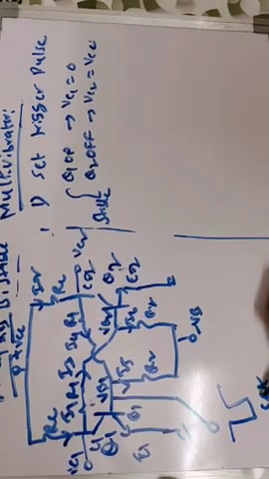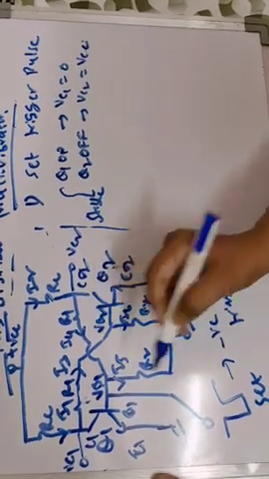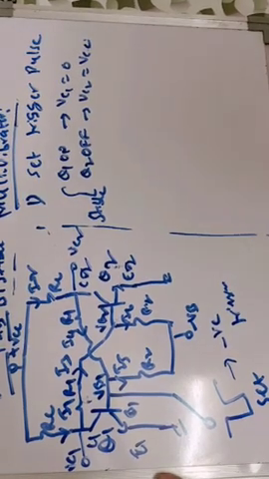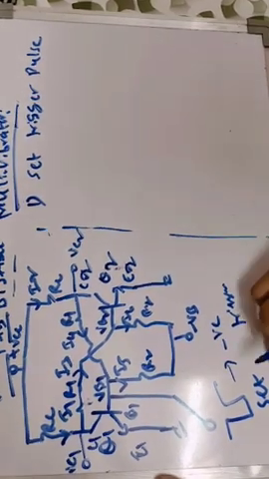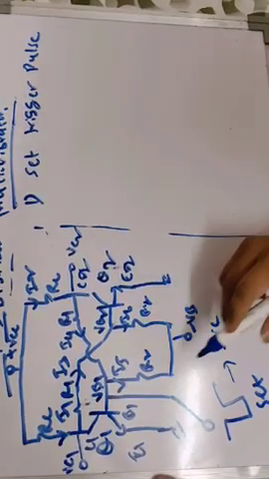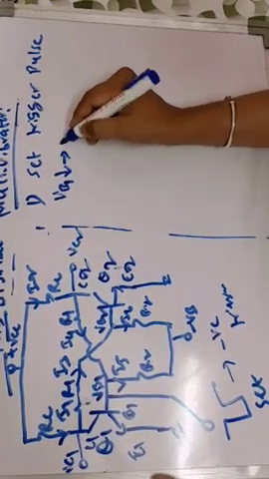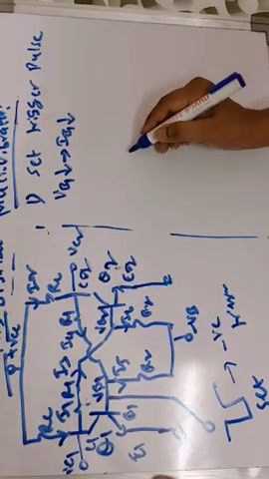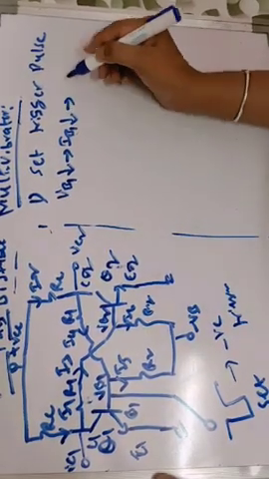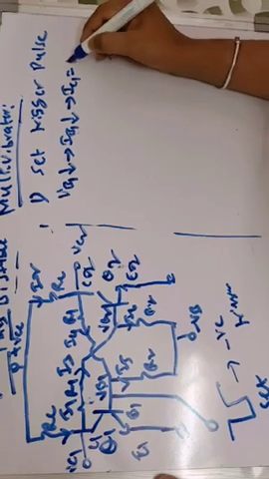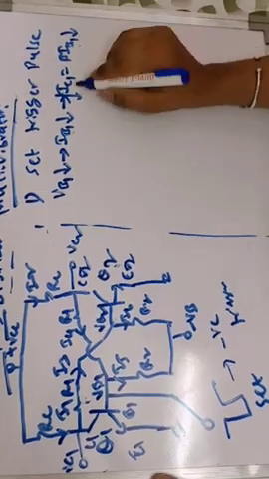For example, if you apply an external triggering pulse, this is a negative triggering. If you apply negative triggering to the base of the first transistor, what happens here? We will see the principle of operation when we apply the external triggering pulse. When we apply the negative voltage to the base of transistor Q1, what happens to the base potential? It decreases. If VB1 decreases, what happens to IB1? The base current obviously decreases, because the base current is produced because of the applied base voltage at these terminals. Base current decreases means IC1 also decreases, because IC1 is equal to beta times IB1.